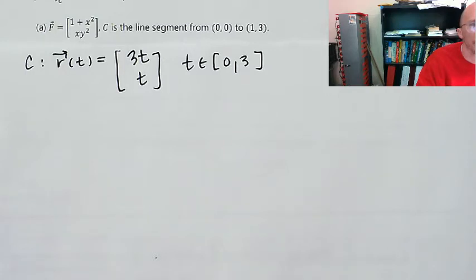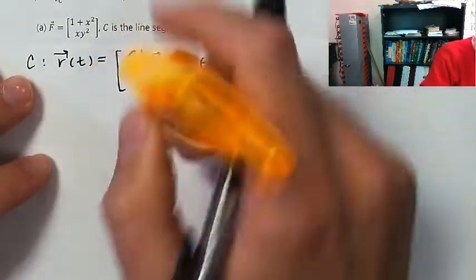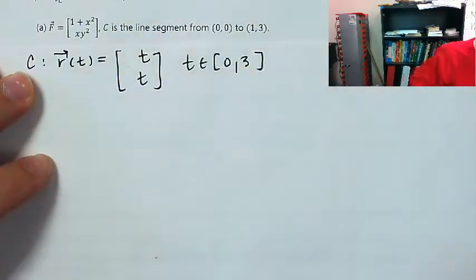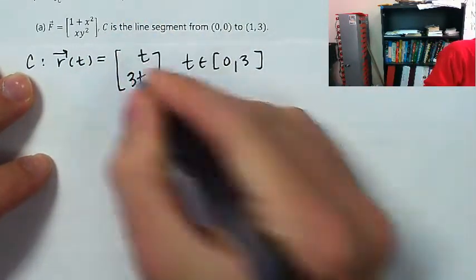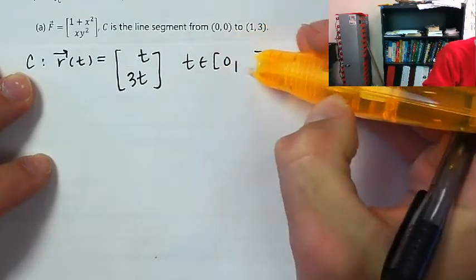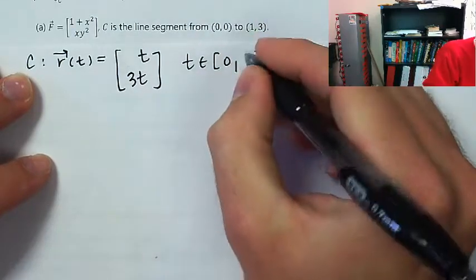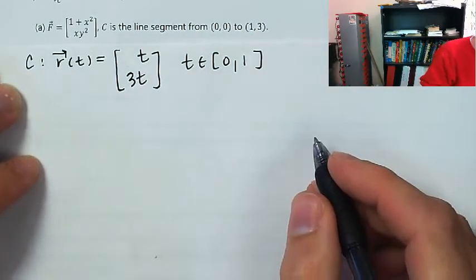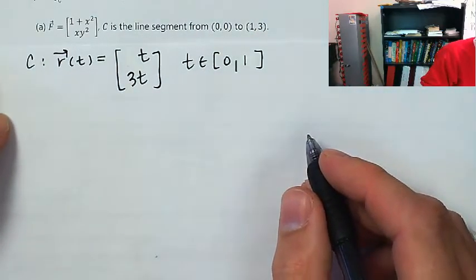0, 0. Nope, y is equal to 3x. Okay, I was like, what wasn't working. Yeah, y equals 3x, so it's going to be t and then 3t, and that will be t running from 0 to 1. Yeah, that didn't seem right at all. All right, and then, okay,